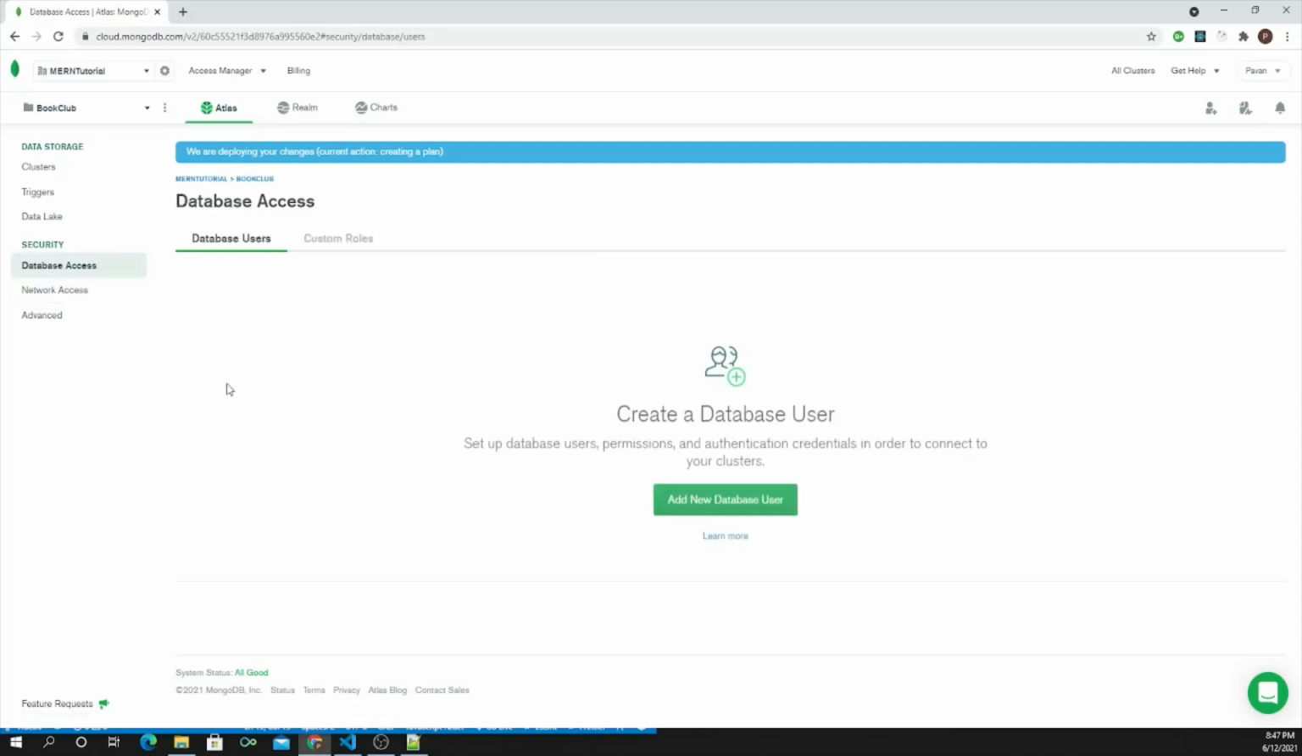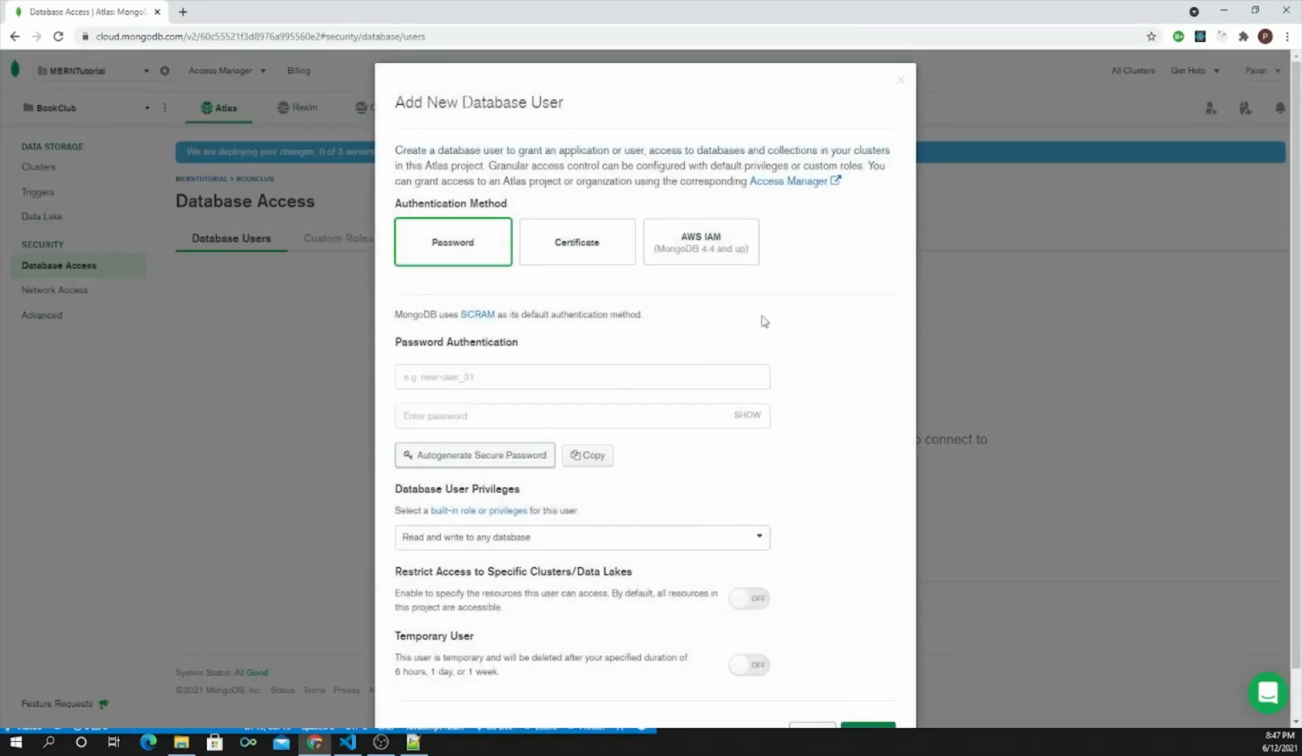Second is the database access. So for the database access, we need to create users who will have access to this project and this cluster. There are a couple of options of authentication. We'll go with the password method. I will say the username is book club db admin